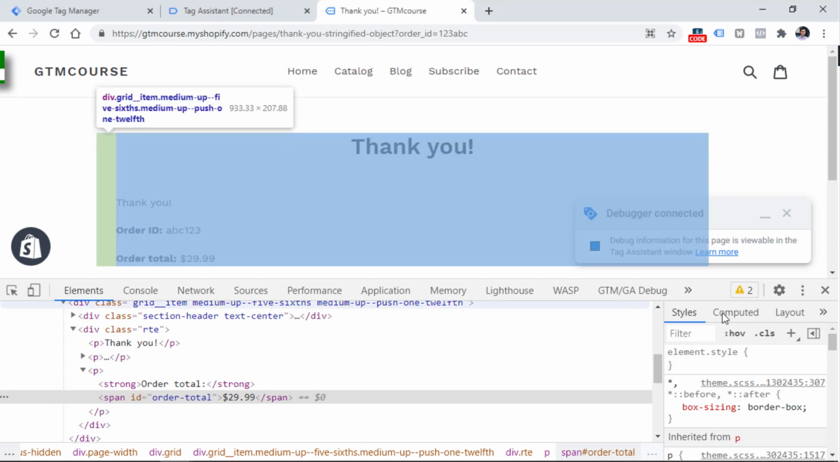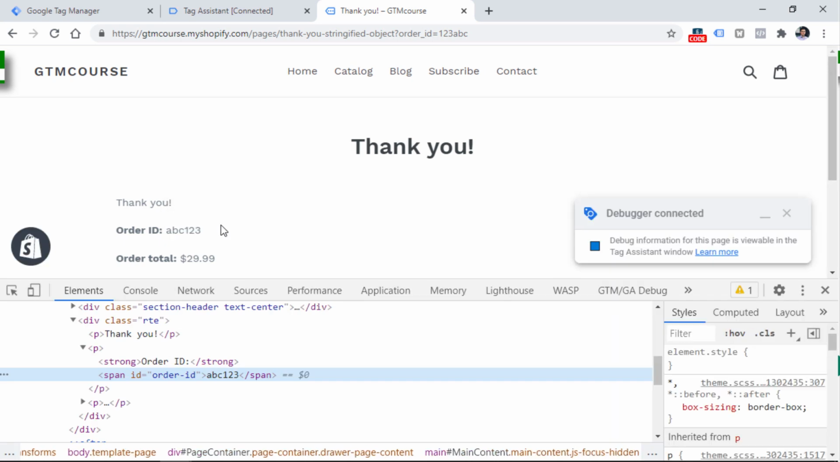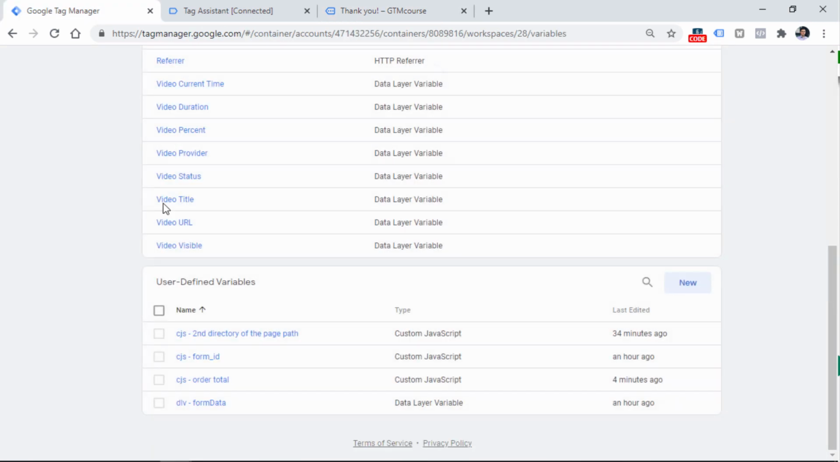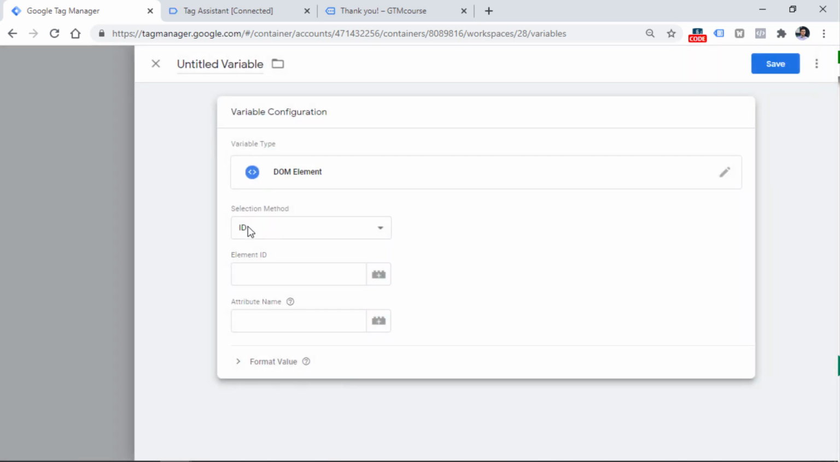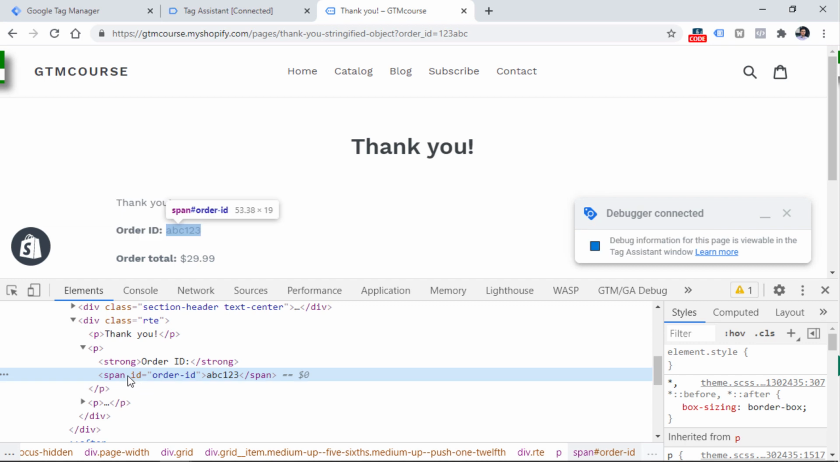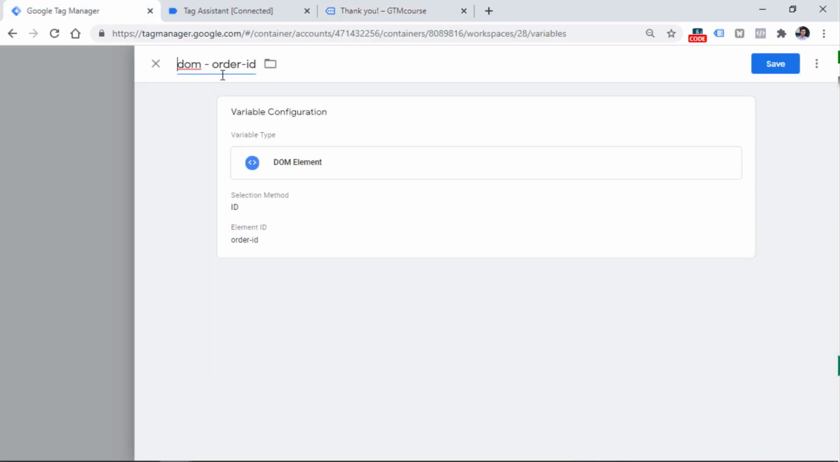So first of all, let's create the variable that returns this value, and that can be done by doing a right click on this ID and checking if there are any IDs or values or classes. In this case, we're quite lucky because we have this ID, of which value is order ID, so we can copy it and then go to Google Tag Manager, variables, new, and then create a variable of which type is DOM element. So we have the selection method, which is ID, so let's keep it because we try to access the element that actually has this ID, and then paste that ID. Then let's name the variable